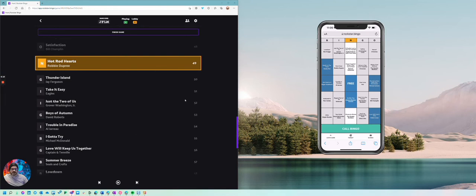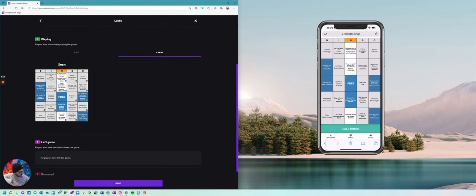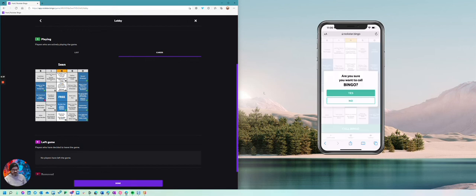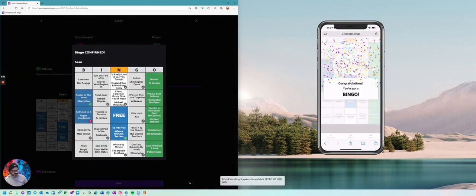Okay, and I'm back. So jumped ahead to a whole bunch of songs. You can see that I'm actually going to have a bingo here. So I'm just going to update that on my phone. Boop, boop, boop. So that looks like a legit bingo. I'm actually going to call bingo, and now you're going to see the experience of someone who wins. So you sure you want to call bingo? Yep, I do. I'm going to verify that bingo. And sure enough, I get confetti on the screen, and it's good to go.